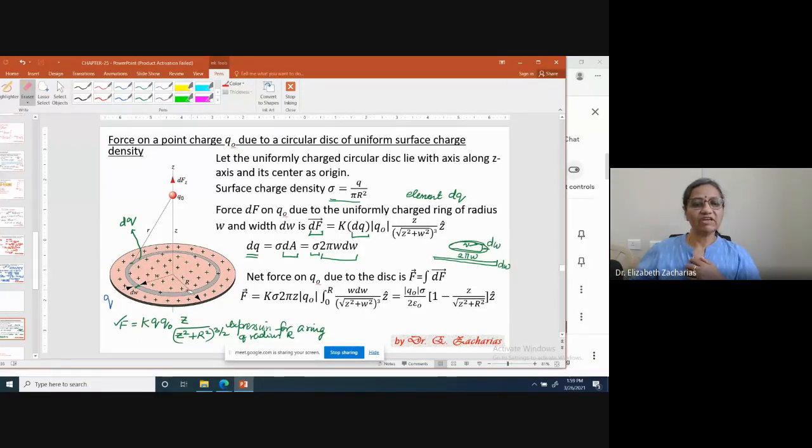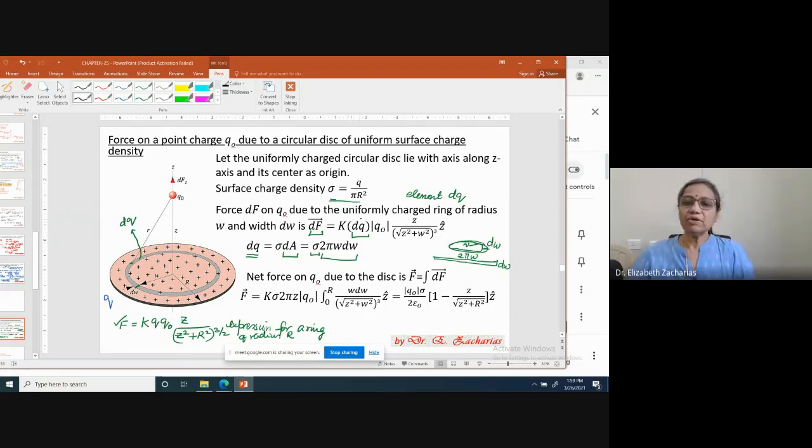One such element that we have taken is this purple or lavender colored ring. This ring is carrying a charge dq and it has a radius w and a width dw. Because I'm considering it as an element of that plate, I am going to write it as df. Next, k comes as it is. Instead of q, I will write dq because now my ring has only a charge dq. Then q naught z divided by z square plus capital R square to the power of 3 by 2 I had. Now my radius is w, so I write w. Now is it clear? Yes, ma'am.